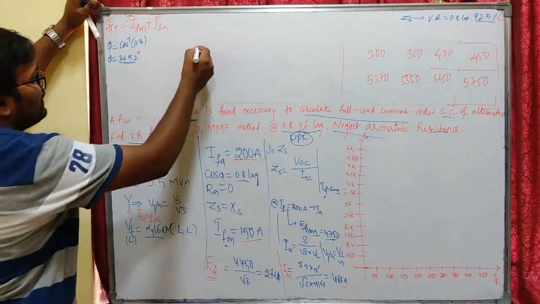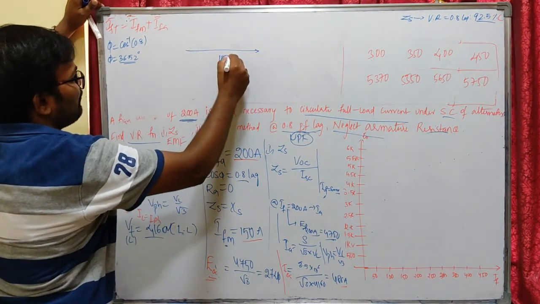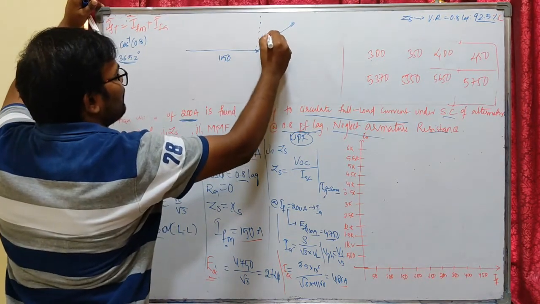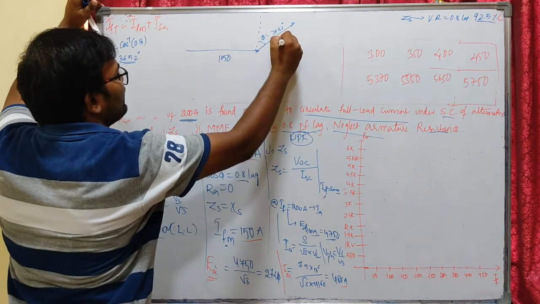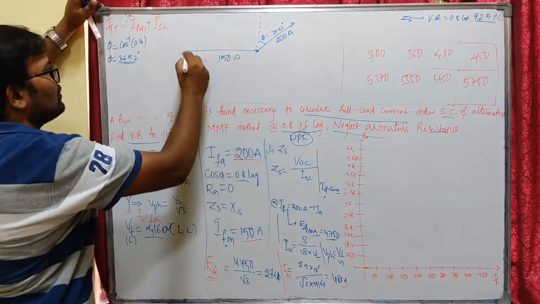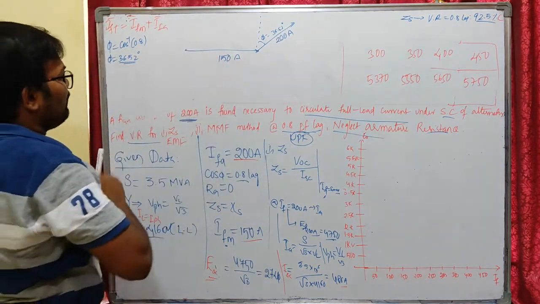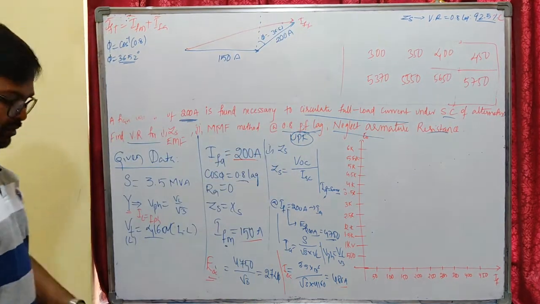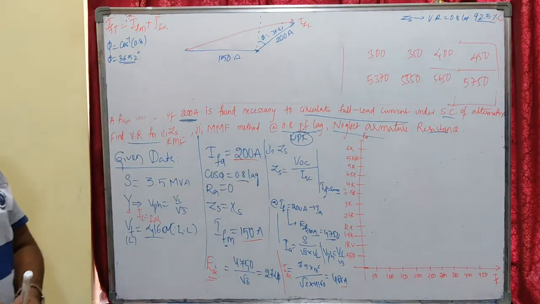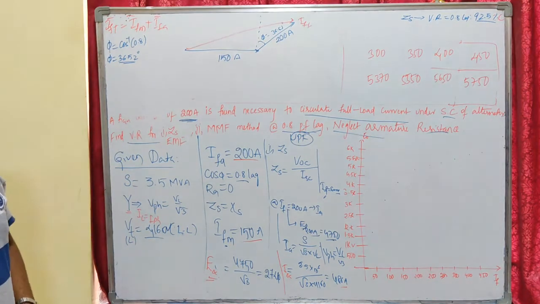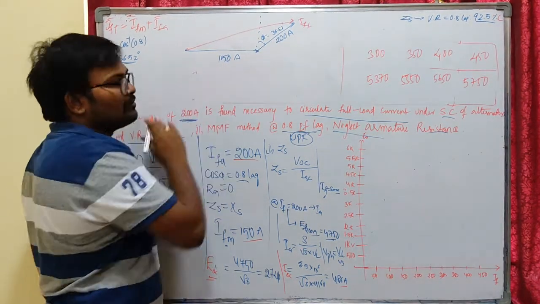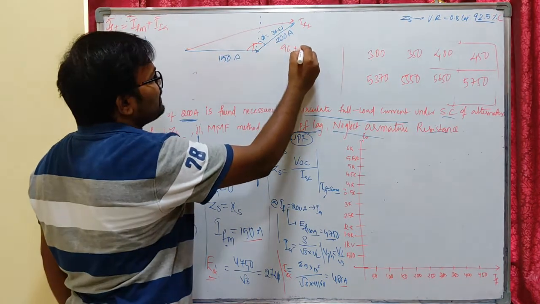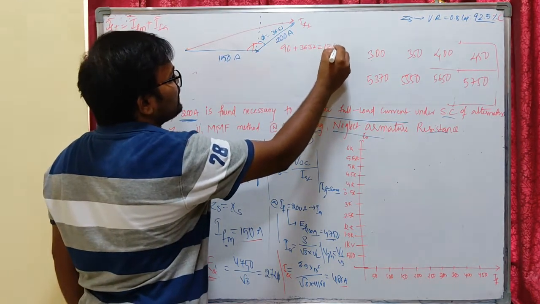So let us try to find the total field current. This is IFM, that is 150, and IFA will be lagged by the power factor angle phi equal to 36.52 degrees, and its magnitude is 200 amperes. The summation of these two vectors will be our total field current IFT, at which we need to get our open circuit voltage, so that we can substitute it in the voltage regulation. The total angle here is 90 plus 36.52, which is 126.52 degrees.